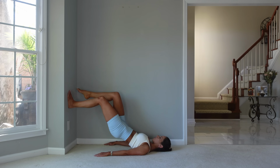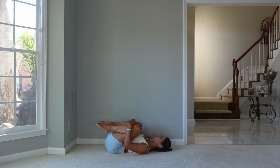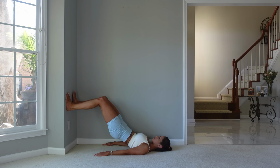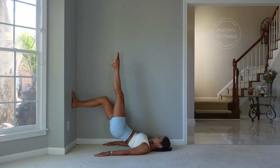Okay, last one. Let's put that foot on the wall, come back down. You can bring those knees in, stretch that out. We just have one left, and then we'll do some really nice stretches. So let's put those feet back onto the wall, or you could have your feet on the ground if you need to for this. We're gonna lift that leg straight up towards the ceiling, and then we're gonna do circles,